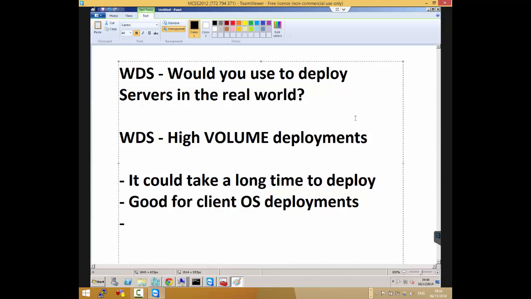I want this Server 2012. I want it to have SQL on it. I want it to have 8 gig of RAM. I want it to have this space. I want it to be on this network. I want it to have this backup template, maybe backup weekly or backup daily or something like that, and I click send, and it sends